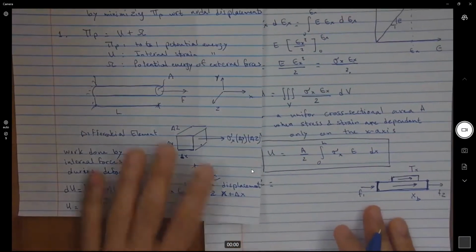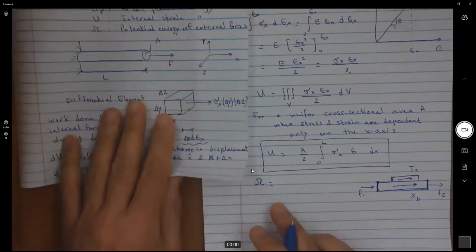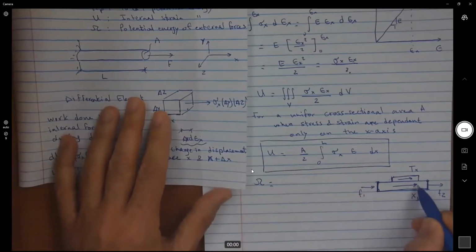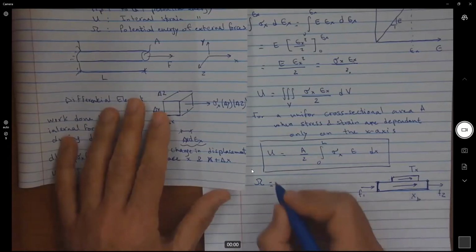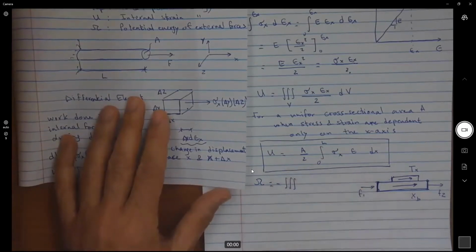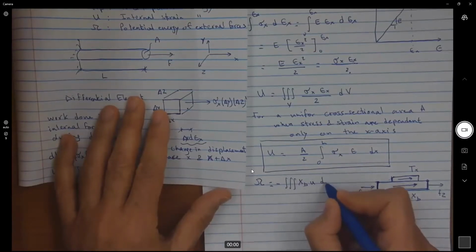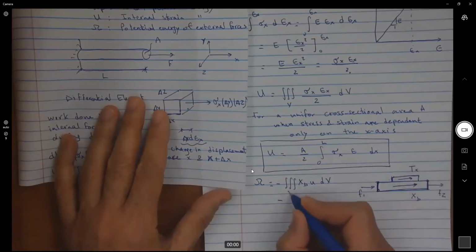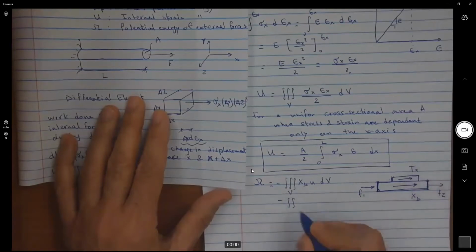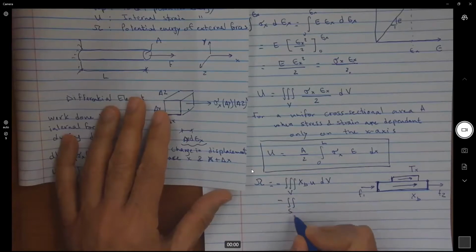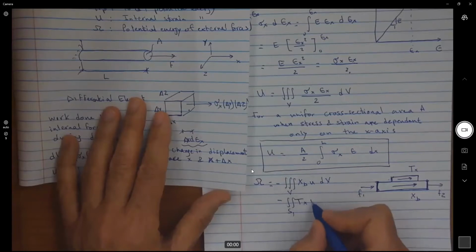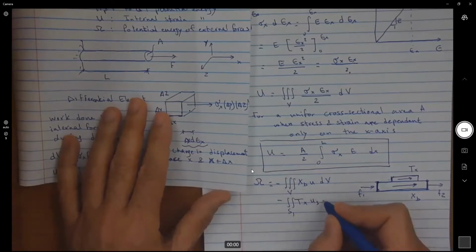So if I look at these forces, I can find the potential energy of external forces. The body forces, XB, are applied over the volume. So I'm going to get a minus the triple integral of XB multiplied by U dV, minus, I have the traction forces applied. The traction forces are applied over a surface, so I will call it S1. And I have this TX multiplied by U on the surface, dS,